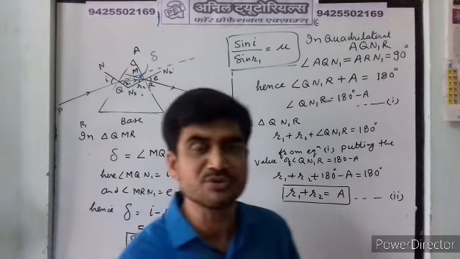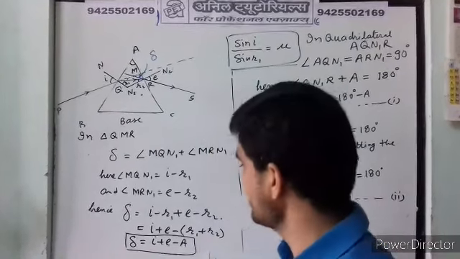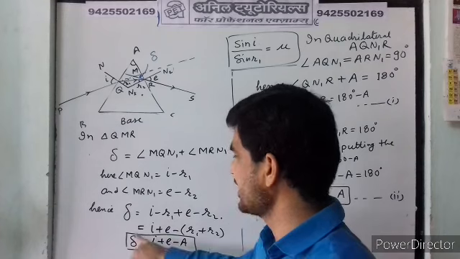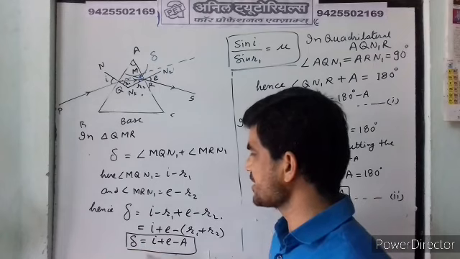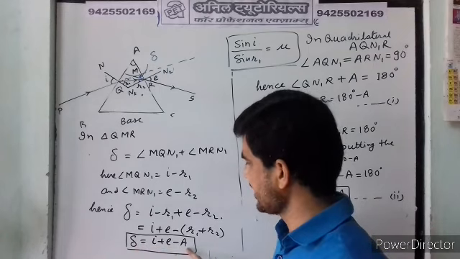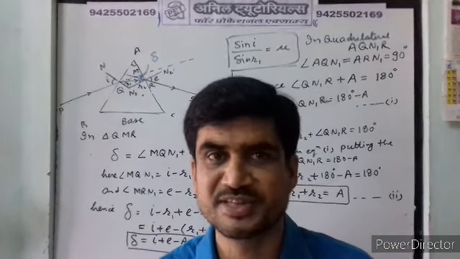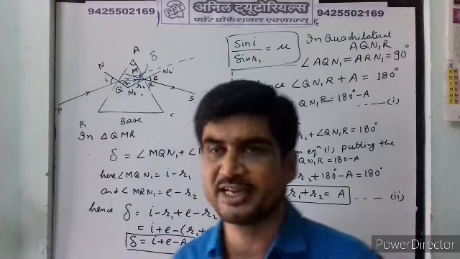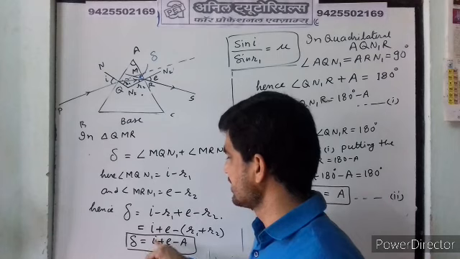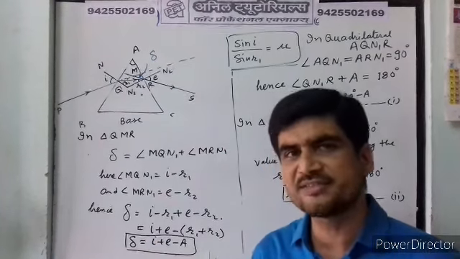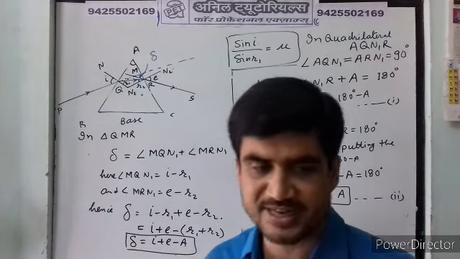This is one of the most important relations, relating the angle of incidence with the prism angle as well as the angle of deviation. Just see how you can relate delta with I. A is a constant when you are taking a particular prism; the prism angle is always constant. So as you increase the value of I, you will observe there is a variation in the angle of deviation. How it varies, we will see.